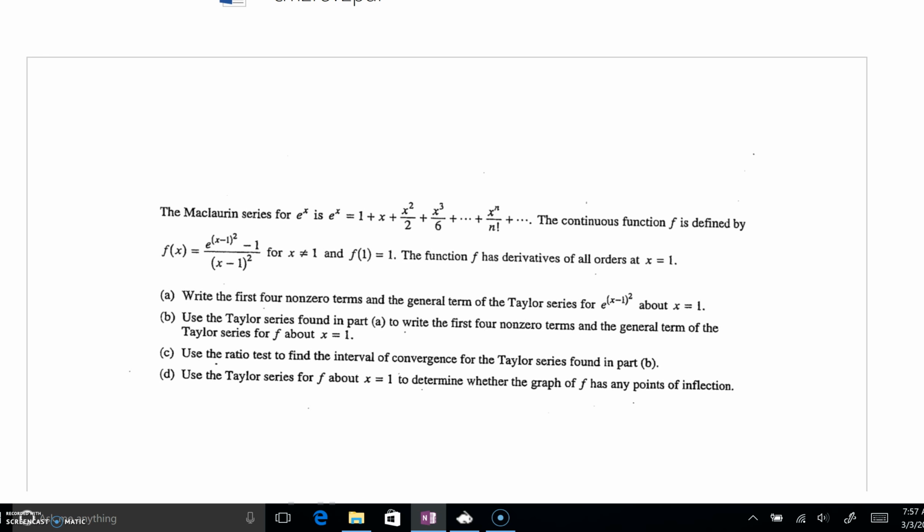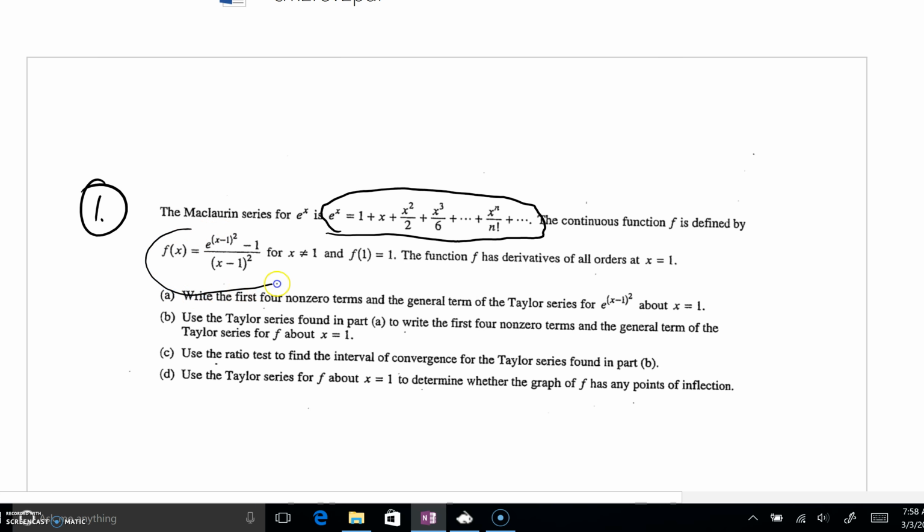For our second review, problem number 1 is a great College Board question. In a huge surprise, they actually do something that's somewhat rare. They actually give you the Maclaurin series for e to the x. So they write e to the x equals 1 plus x plus x squared over 2 factorial and so forth. And then they're giving you this other function that's going to be based